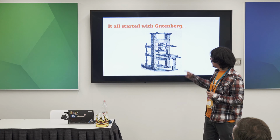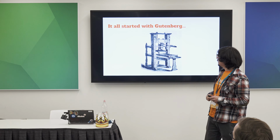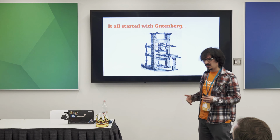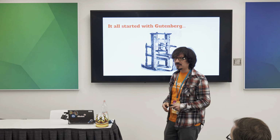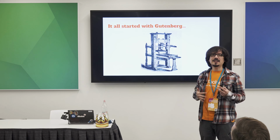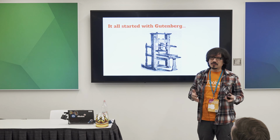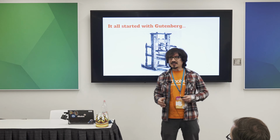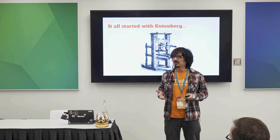And I think you can see it's medieval because it looks like those torture devices. So I think the GUI came kind of from there. But so he created this, and he printed probably 100 books in 1 month instead of 1 year. And that's how it started, right? But it evolved very quickly, and very soon, they started printing Bibles, then they started printing stories and stuff like this. But it actually culminated in the most important